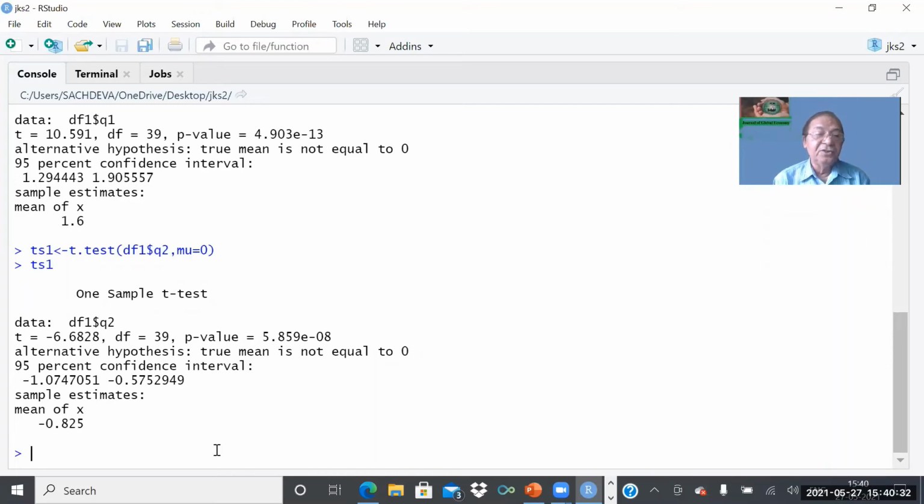So it means people do not accept the statement positively, but they accept it negatively. Say I asked them, I like my professor, and people have answered negatively. In a journal, the statement will be, people do not like their professor.